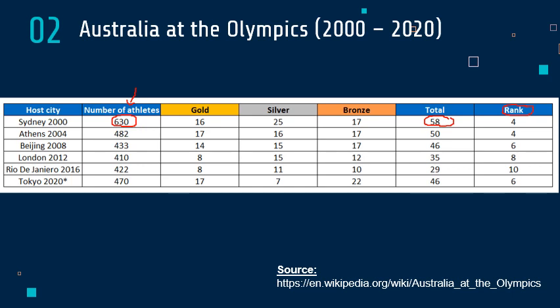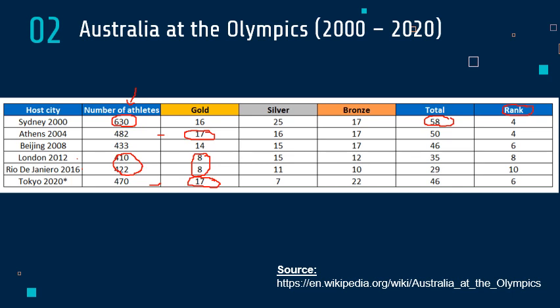So here we can actually make some interesting comparisons as well. So here we can look at Athens and Tokyo. In terms of gold medals, they were our most successful games. And we also sent, after Sydney in 2000, which had 630 athletes, those two we sent the most number of athletes. Whereas for London and Rio, they had the lowest number of athletes, so 410 and 422 respectively. We had the lowest number of gold medals for those particular Olympics. Now we can see whether that really changes